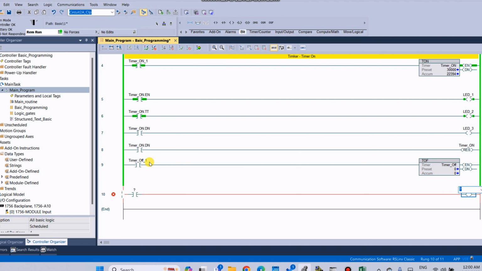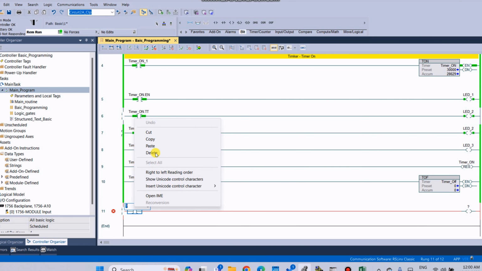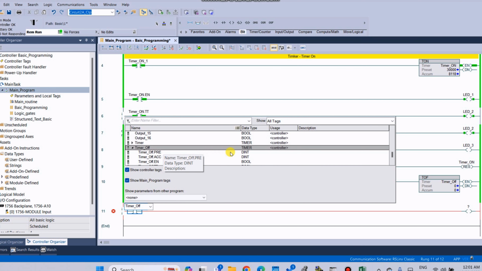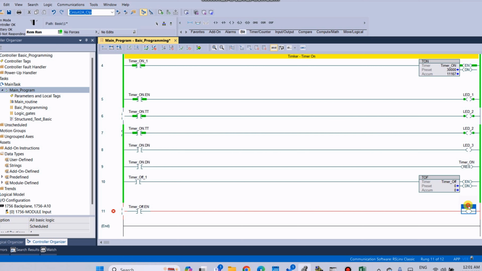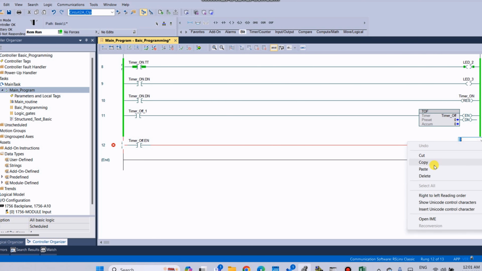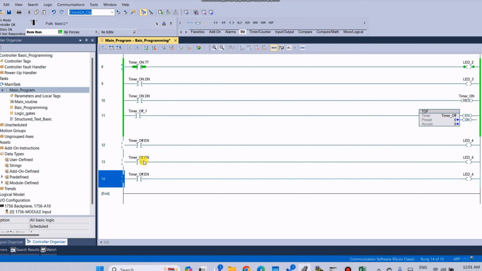One input, timer TT, timer off enable bit, and LED 1, LED 3, LED 4, and Control W, copy paste.